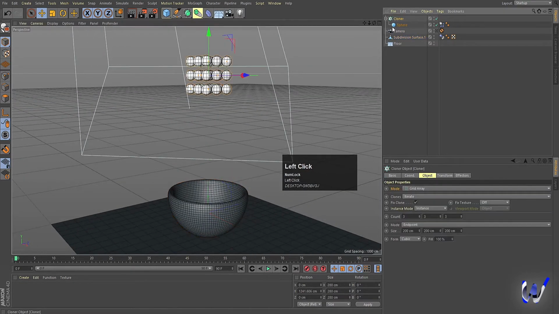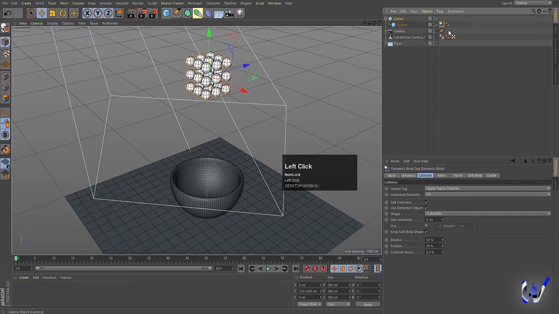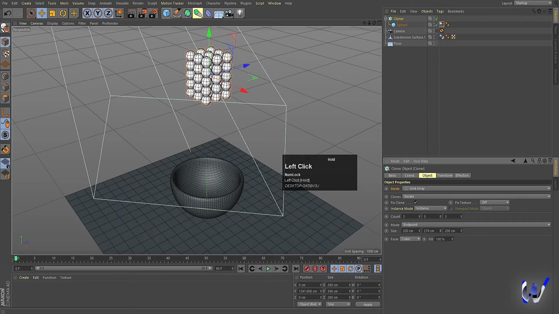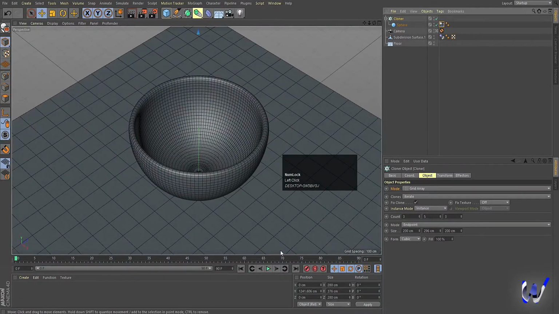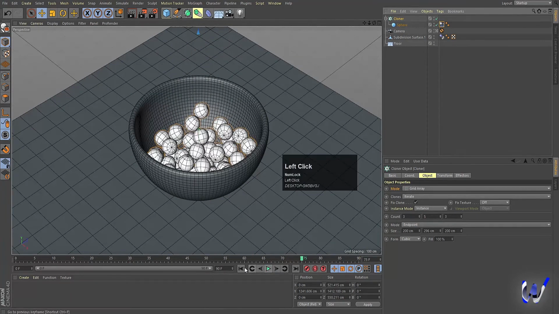Now select this pair, and as you guys see, we have applied this rigid body tag. Now select this cloner. Let's increase the vertical height and increase the vertical clones also, like that. Let's enable the camera and let's see. Yeah, and now if I hit play, we will get something like this. Now we have to increase the duration of this one, so let's increase the duration to, let's say, 200,